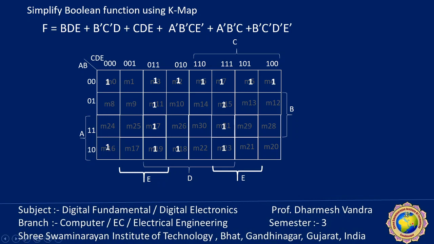Now an 8 combination, yes, an 8 combination is possible: this one, the third row and sixth row. The common thing is the value of D and E, while A varies and B varies. C is 0, 1, so C is not in the function. D1, E1, D1, E1, both are 1. DE equal to 1, 1. So these 8 minterms make one bunch of DE.